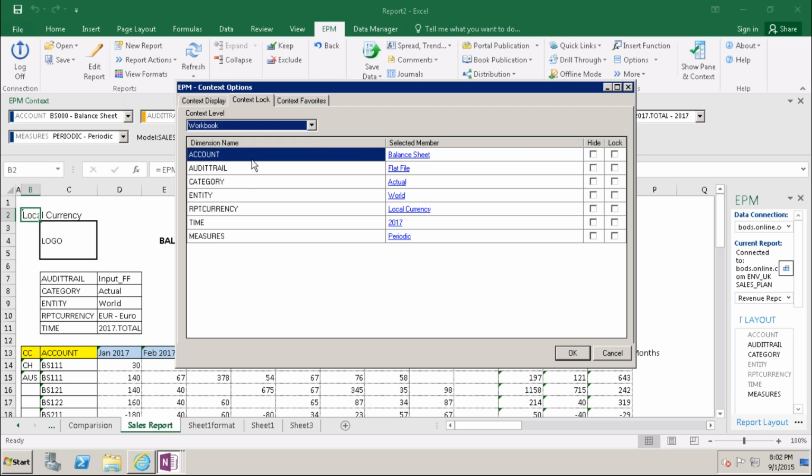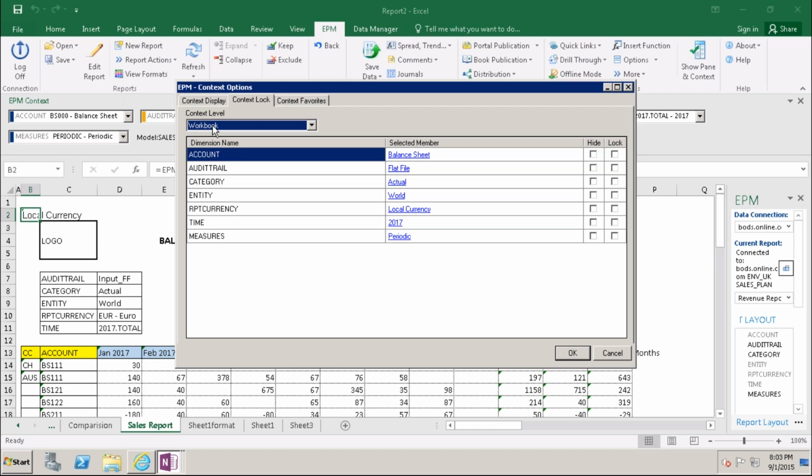If you provide the workbook level, the reports have the same dimensions, but they differ in layout: the first report has accounts in the rows and time in the columns, and the second report has entity in the rows and time in the columns. In that case you can provide workbook level